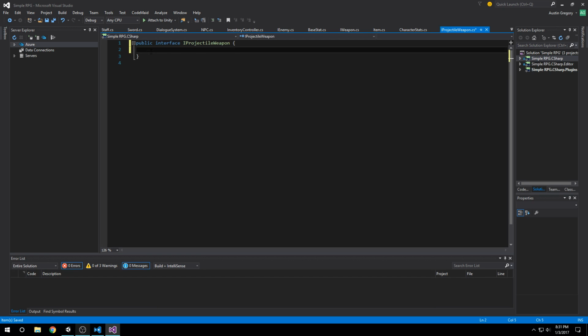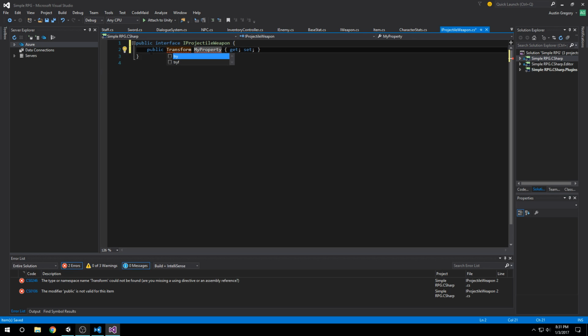And this is going to have, like I said, we need a property that will contain the reference to the projectile spawn point. So the object on the player where we're going to spawn the projectiles, all weapons that are a projectile weapon need to have a reference to that point. So I want to make sure this has that with like a property. It's going to be a transform because all we need is the transform component from that. Oh, I guess I need to use